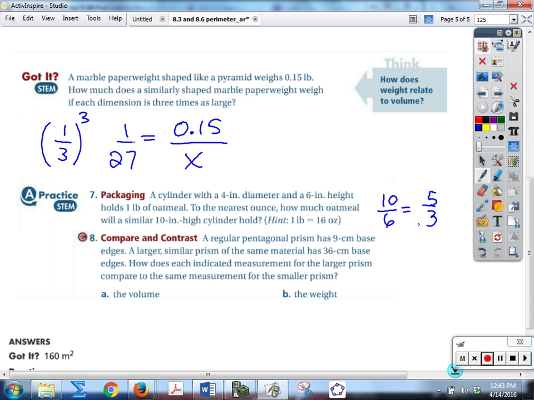If it's like a window pane, it's area, or carpeting. If it's fence, it's going to just be the same. It'll be one-dimensional, and you just use the normal scale factor. But think of what the problem is to see what you do with the scale factor. If it's area or volume, that's going to be the